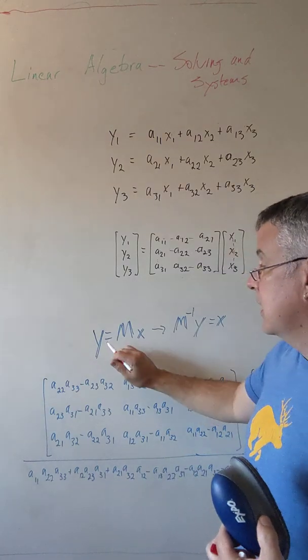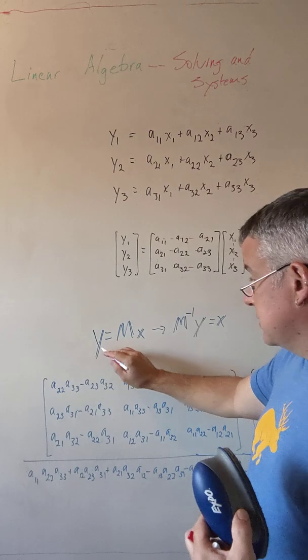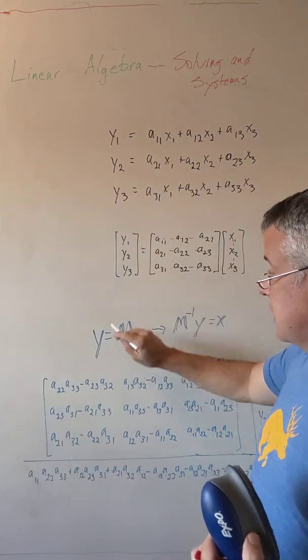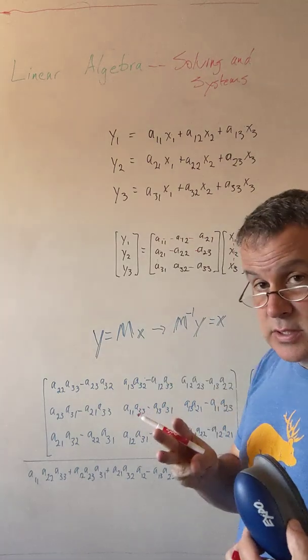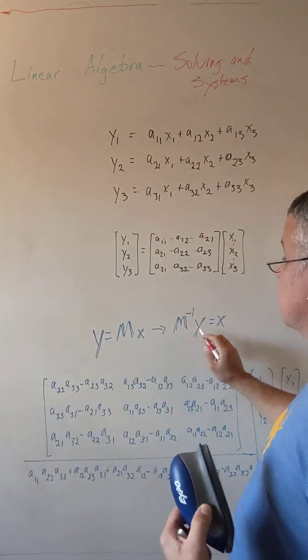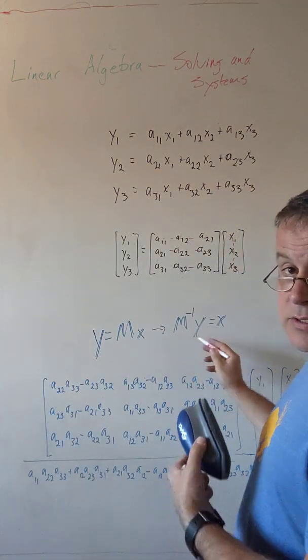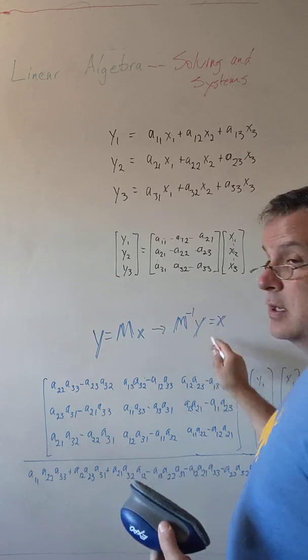We can write this thing as a matrix relationship, just like we did before. So y now, which has 3 elements in it, equals a 3 by 3 matrix times x, which also has 3 elements in it. We take the inverse of the matrix, and there's the solution. It looks so easy in the